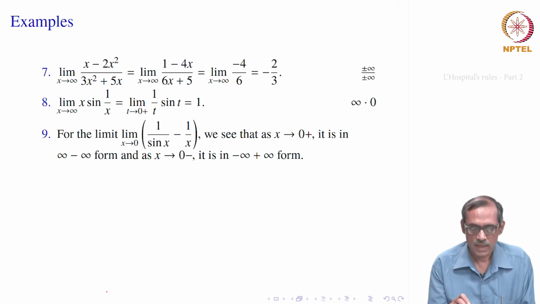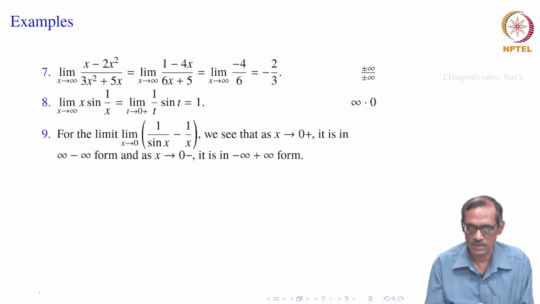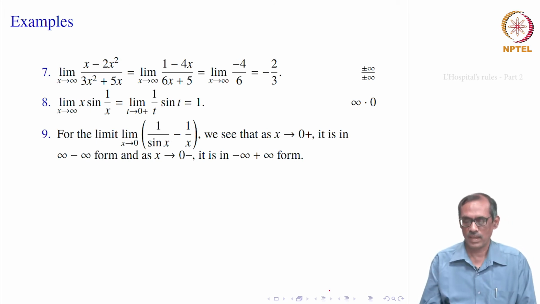So, now next problem, we want to compute the limit of 1 divided by sin x minus 1 divided by x as x goes to 0, provided it exists. Okay. So, now when x goes to say 0 plus, it is positive. So, 1 by sin x becomes infinity, 1 by x also becomes infinity, it is in the form infinity minus infinity. So, that is also an indeterminate form, because this can become a finite number, or it can become infinity, or it can become minus infinity. That is why it is called an indeterminate form, depending on what way you approach these infinities.